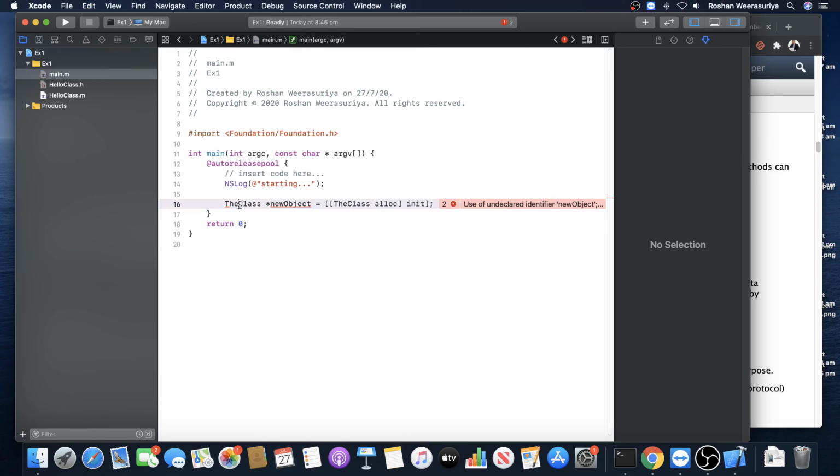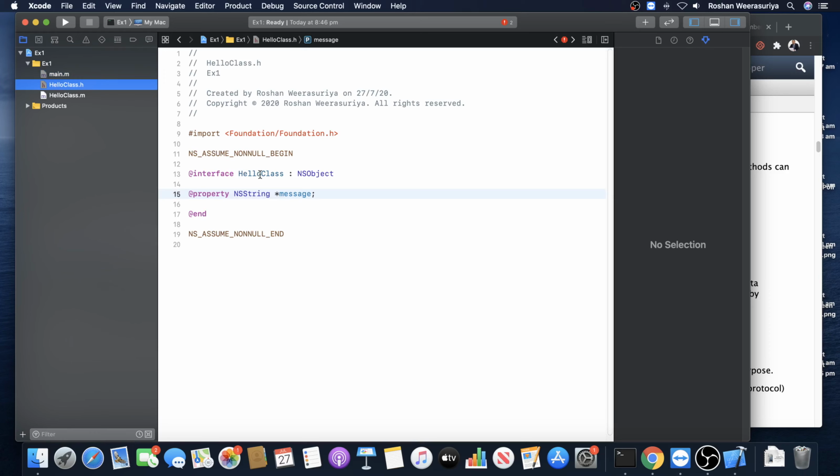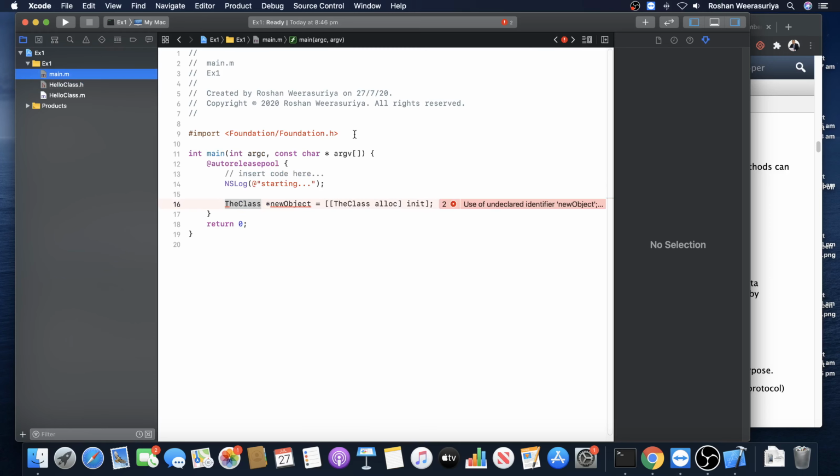So here, the class means the class you want to create the object of. What's the class you want to create the object of? That is hello class. Where is that class? Hello class is in the file hello class.h. So the first thing you have to do is, in the main method, you have to go and